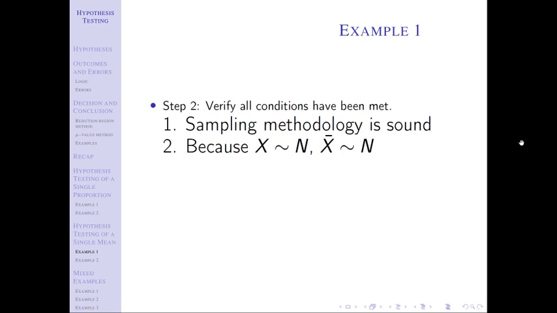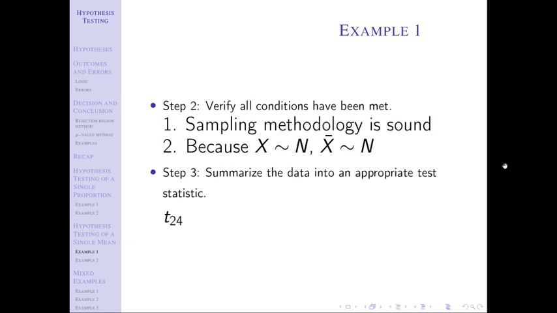Just as a confirmation of why that's true, if you read the first sentence of the example, it says a sample gave a standard deviation of 15. So we're still talking about the sample, thus that standard deviation of 15 is a sample standard deviation. That is s, not sigma. Because we're using s, that means our test statistic is a t. Because our sample size is 25, that's going to mean 24 degrees of freedom. So I'm going to subscript my t with 24 just to remind myself how many degrees of freedom I have.